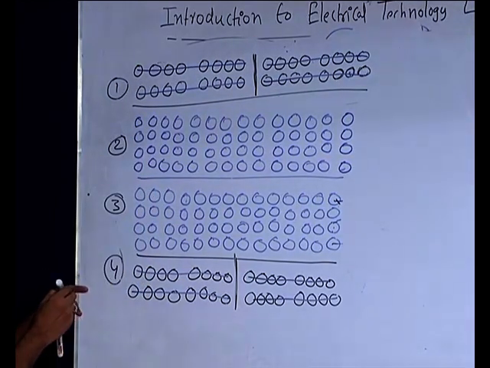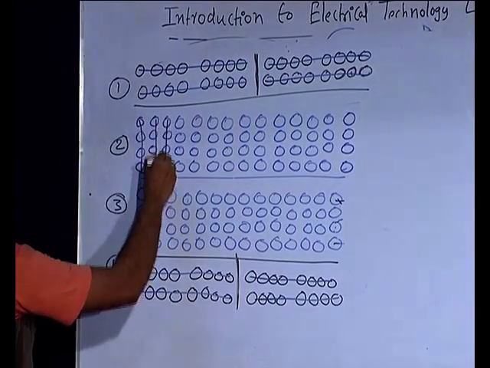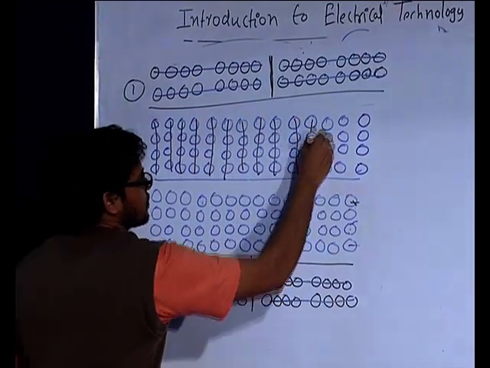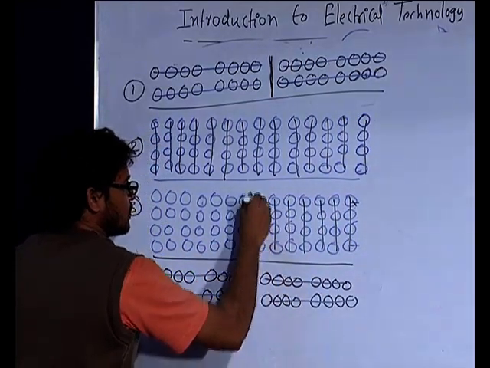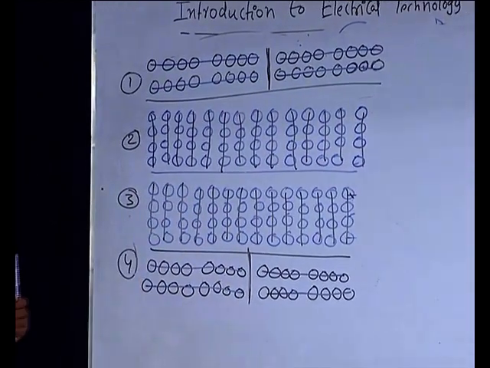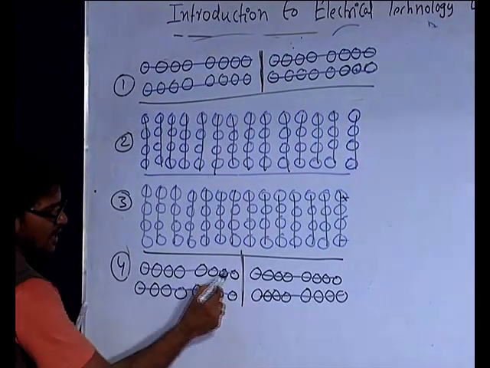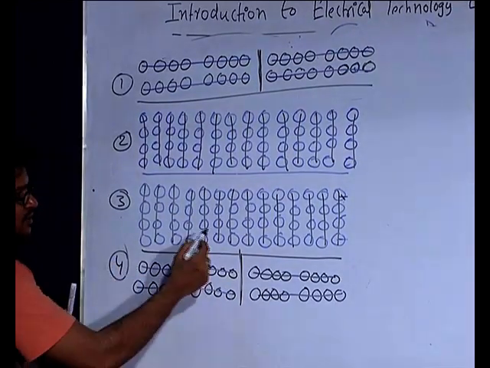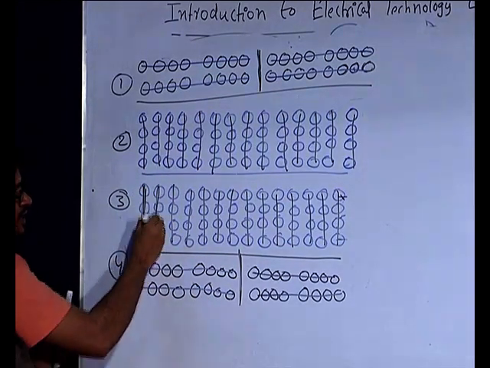Whereas in the case of the second part and third part, the holes are connected column-wise, like this. So all are connected like this. Now if you see, this complete line will act as a junction or a node. Likewise, this complete line will act as a node. This complete line will act as a node.